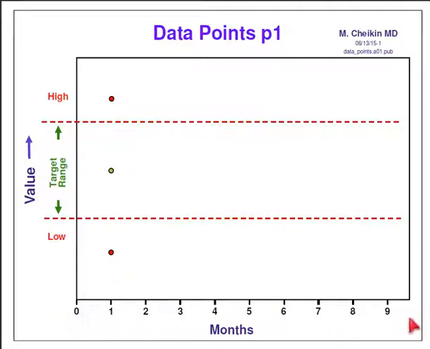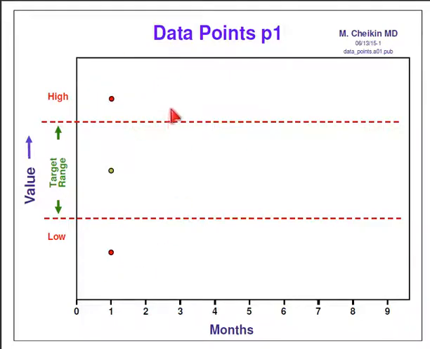At the bottom here we see the months that we're proceeding. We can repeat these data points every couple of months. Some numbers change literally in a matter of minutes or days, but others can take months to change. So we usually average about 3 months per set of data points. The values have basically 3 possible ranges, being within the target, lower than the target range, or higher than the